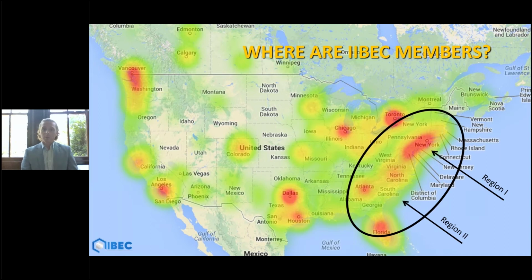So depending on the chapter and where you're located, some chapters have a lot of IIBEC members in their region. Other chapters maybe have less, but very passionate IIBEC members. So really the formula of how you reach out to members should start with knowing who's in your backyard. And the member roster that's provided every month is very useful data. We also provide a list of new members, and we certainly encourage chapter leaders to reach out to those new members, make them feel welcome, and get them engaged with the chapter.